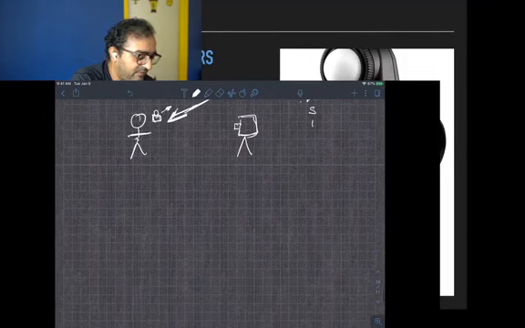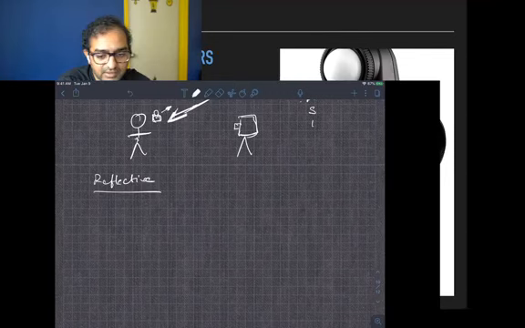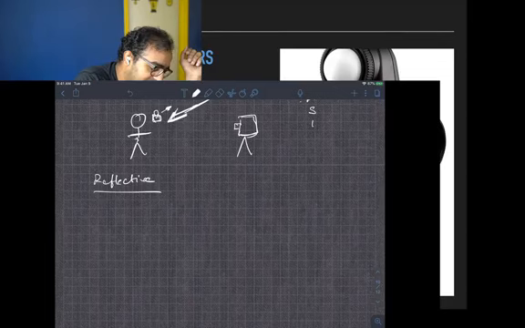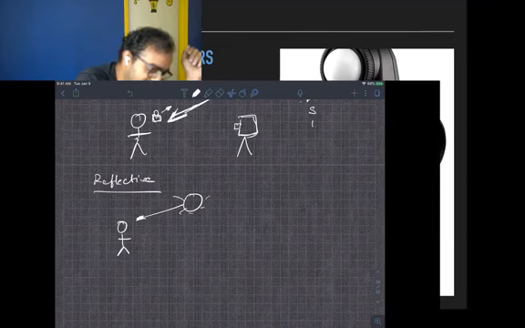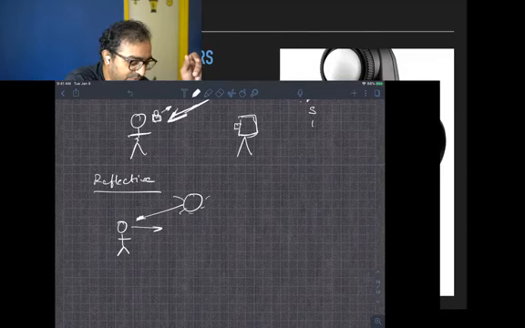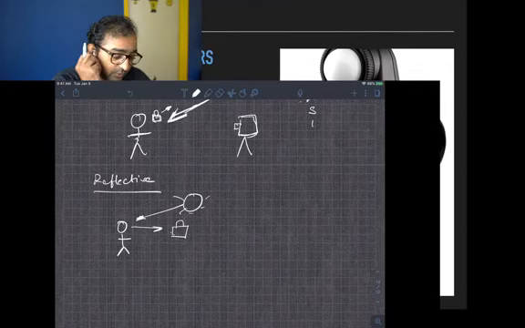Now, what's a reflective light meter? A reflective light meter is a light meter that measures the light reflected from a subject, right? Reflected off a subject. So let's say this is the subject, this is the sun. The sun is casting light on the subject, and from the subject obviously is going to reflect some light unless the subject is absolutely black. So a reflected light meter is going to measure this light, the light which is reflected from the subject. Right? So that's how these light meters work.